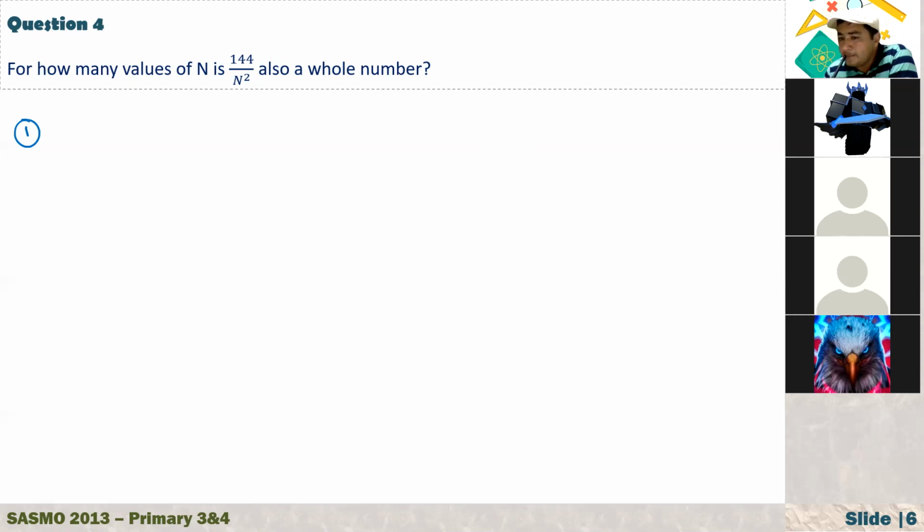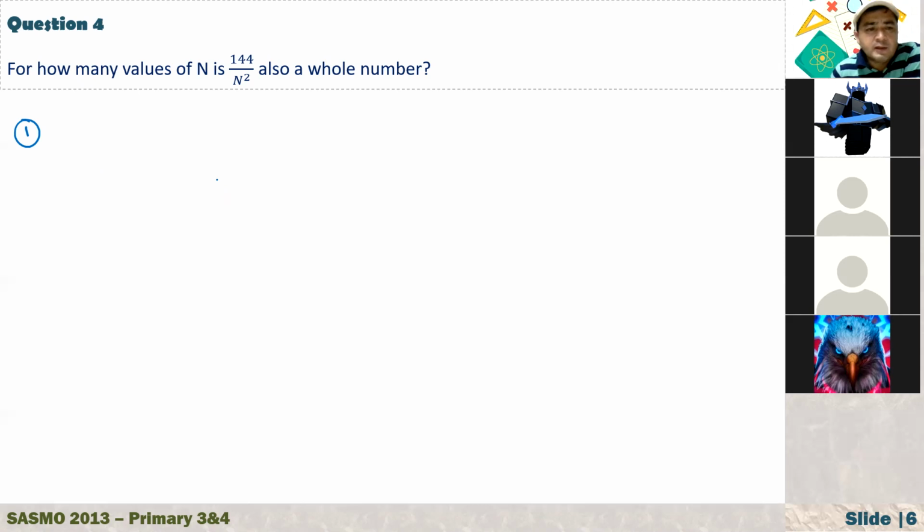It has to equal 12. 12 or 144? 12. Still, are you saying that there are 12 values of n? What do you mean by 12? Oh no, no, no. Only one. There's one value only. All right, anyway, no problem.